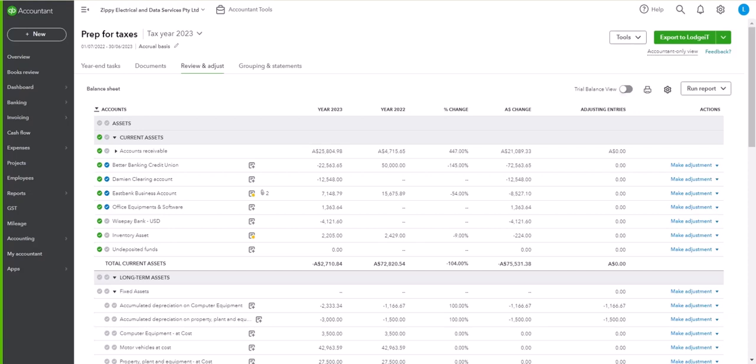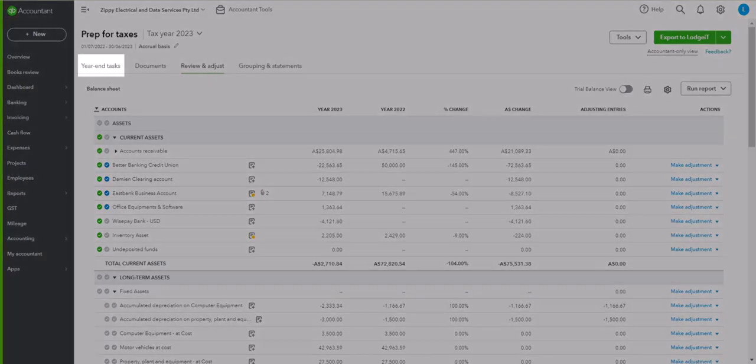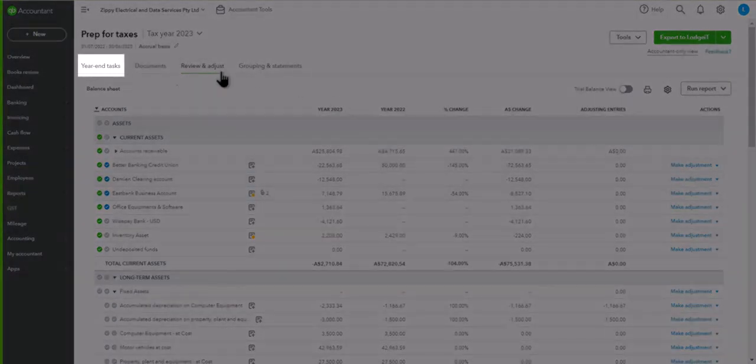So for more information about QuickBooks Tax powered by Lodgit, this is covered in greater detail in the QuickBooks Tax powered by Lodgit course. So please review that at the earliest time. Now, through the magic of training, the return for Zippy Electrical and Data Services has been finalised, and Natasha receives notification that Damien has signed the return and is ready for lodgement. Natasha then returns to the year-end tasks,